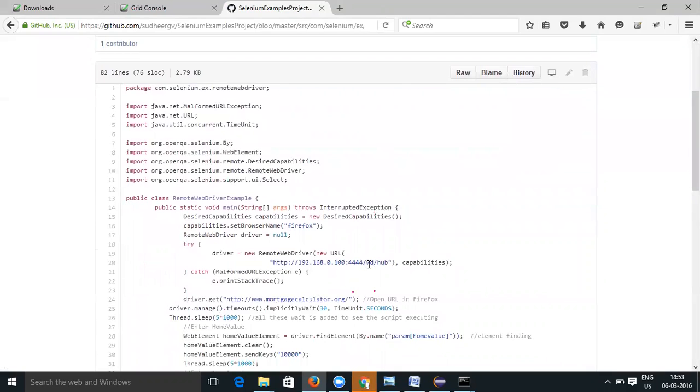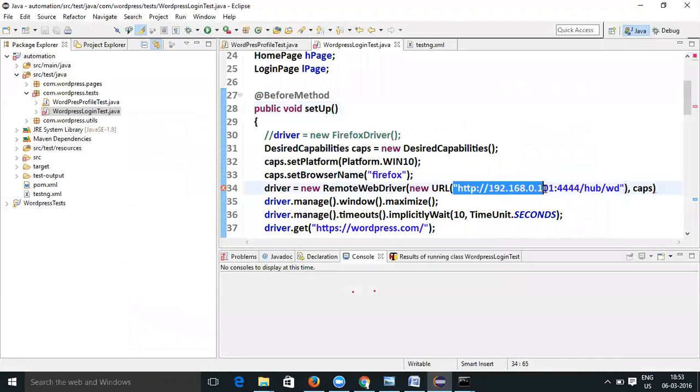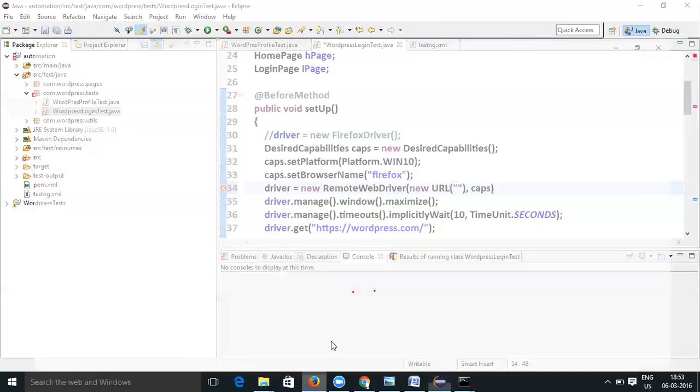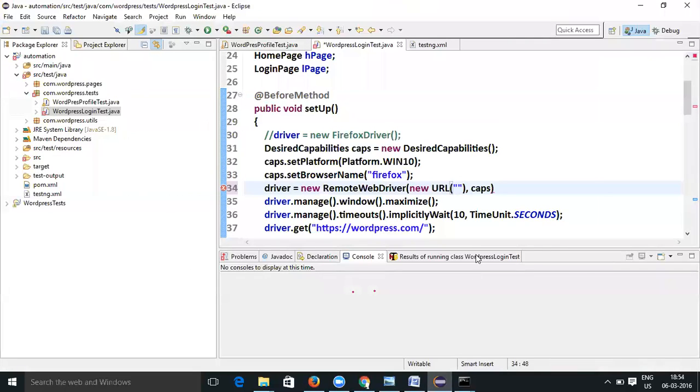Okay, the URL is wd/hub. In the URL, you have to pass the hub URL, right? So this is the hub URL, and you have to specify wd/hub.